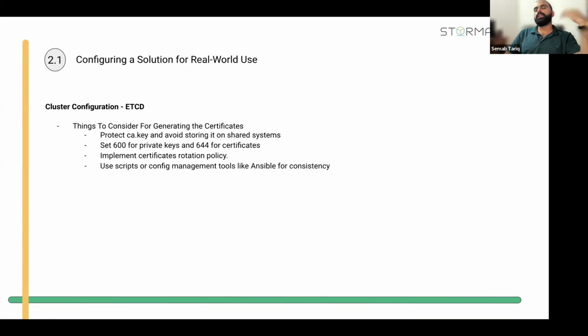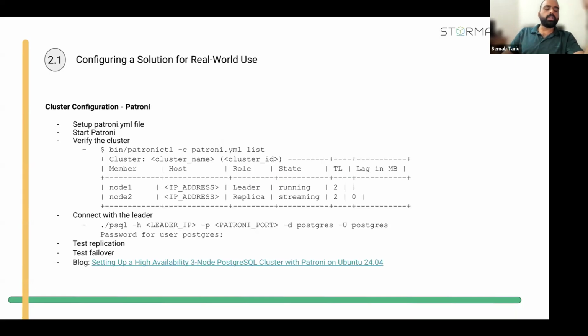So it's highly recommended to use the period that is required by your organization. You cannot go with 10, 15 or 20 years of validity for a certificate, because it will create loopholes in your systems, and it is always recommended to use a short period of time to create the certificates. So just to recap, as of now,